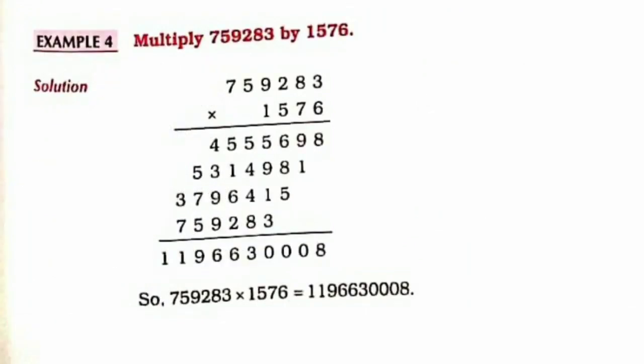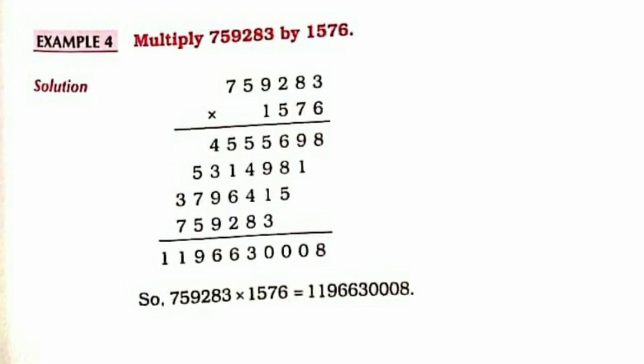So now here see what we will do, we will write the bigger number on the upper side and the small number on the downside, and make sure all the digits are in their correct position or not. Write the ones unit in the ones column, the tens unit in the tens column. Like this we will arrange all the numbers in the correct position.